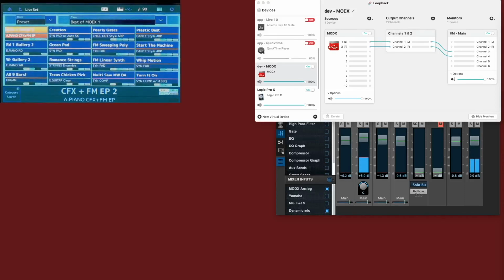I'm the proud owner of a MODX, just got it. I'm a long-time Yamaha type person. This is an exploration of hooking up DAWs. In the upper right is the Loopback